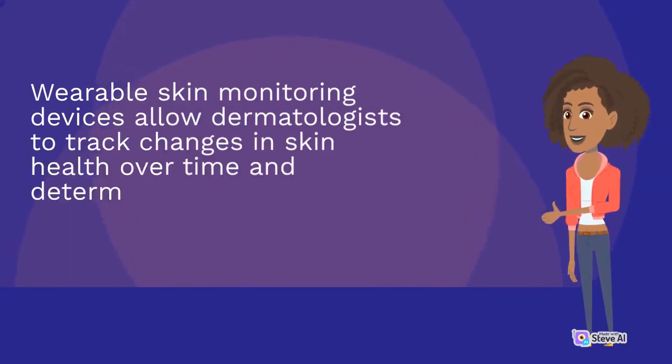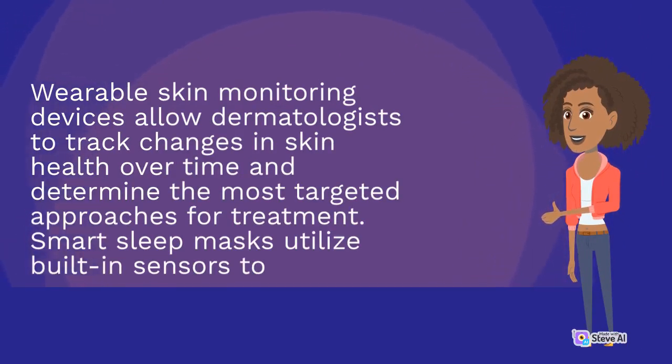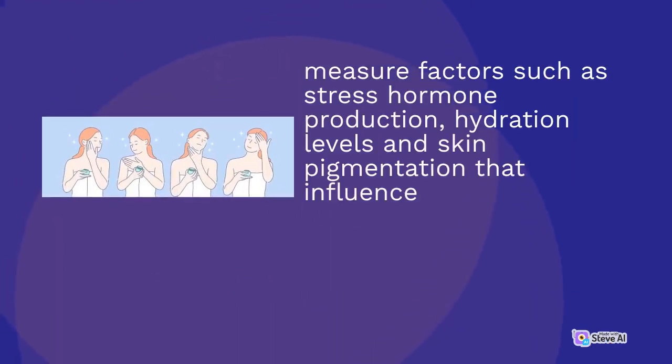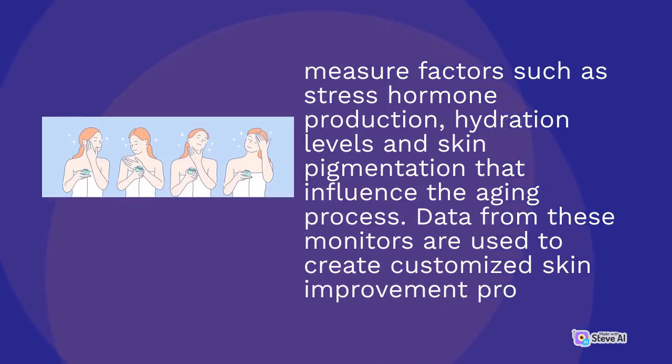Wearable skin monitoring devices allow dermatologists to track changes in skin health over time and determine the most targeted approaches for treatment. Smart sleep masks utilize built-in sensors too, to measure factors such as stress hormone production, hydration levels, and skin pigmentation that influence the aging process. Data from these monitors are used to create customized skin improvement programs